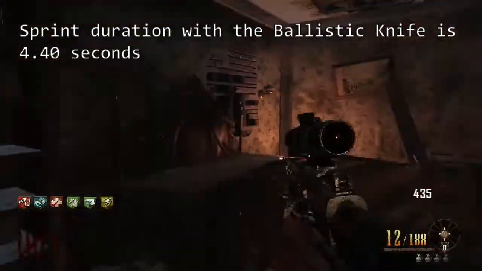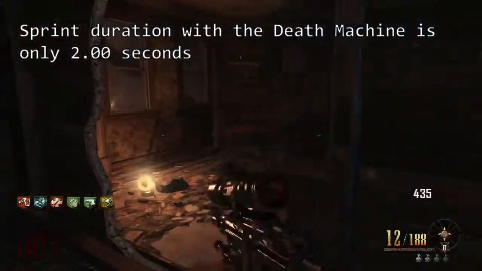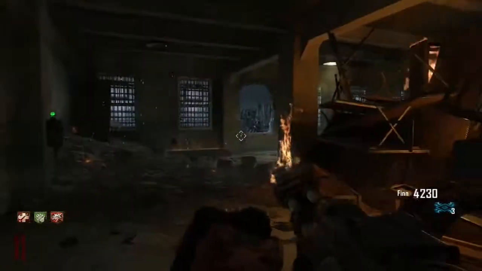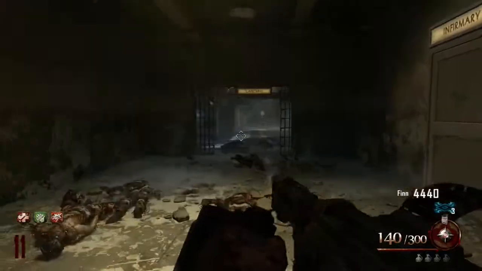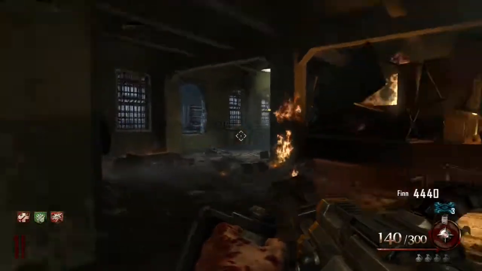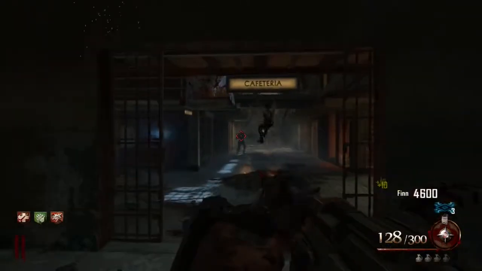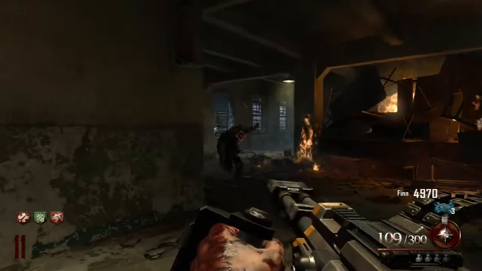The ballistic knife allows the player to sprint for 4.4 seconds, but the death machine only allows the player to sprint for 2 seconds. I think this is a bit of an extreme nerf to place on the death machine, since it is the only weapon which gives a player a walking speed which is actually slower than the zombie's sprint speed. I wish that the developers would have either made the sprint duration for the death machine 4 seconds